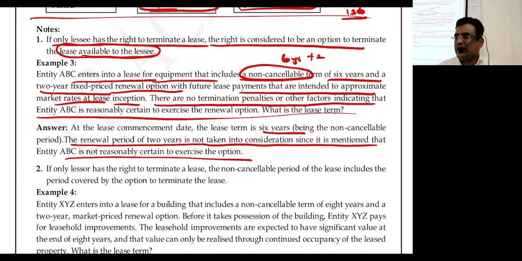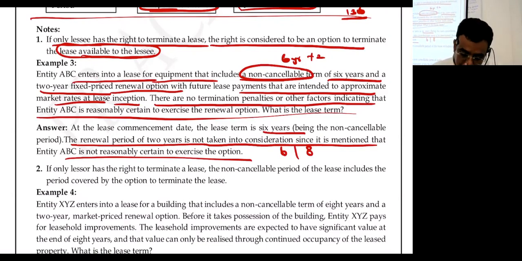Okay, இது depends on the option. இங்க 6 எடுத்துக்கலாம், 8 எடுத்துக்கலாம். ஏன் அப்படின்னா அந்த ஆப்ஷனை எக்ஸசைஸ் பண்றதை பத்தி ஏதாவது சொல்லியிருந்தாங்கன்னா அதை ஆட் பண்ணுங்க. If nothing is said about exercising the option, you can assume that they are not going to exercise the option, hence it is 6 years. I hope you are clear now.